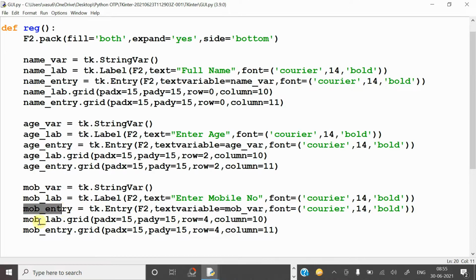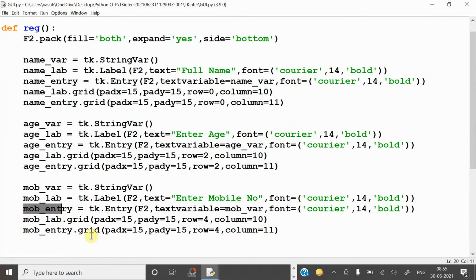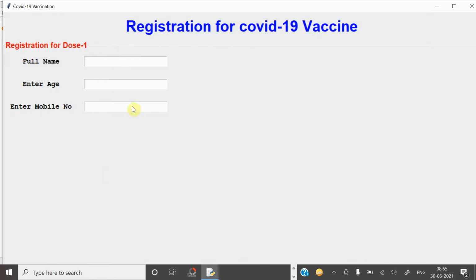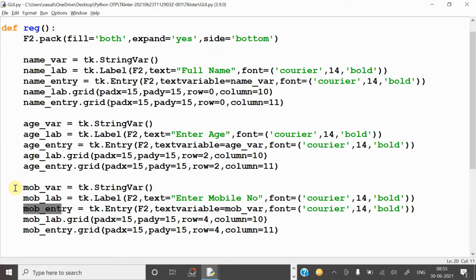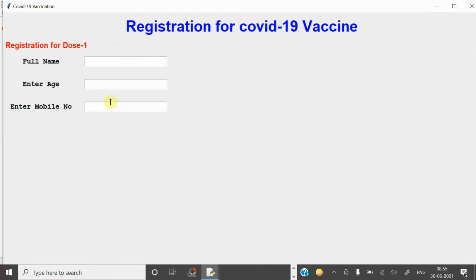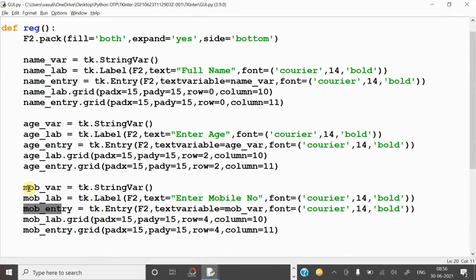Mobile label grid is for positioning this text, mobile entry grid is for positioning this box on the screen, and mob where means whenever the user enters any mobile number here, it will be directly stored in the variable mobile underscore variable, which has been mentioned here. So this is the way you can add fields for entering the mobile number.